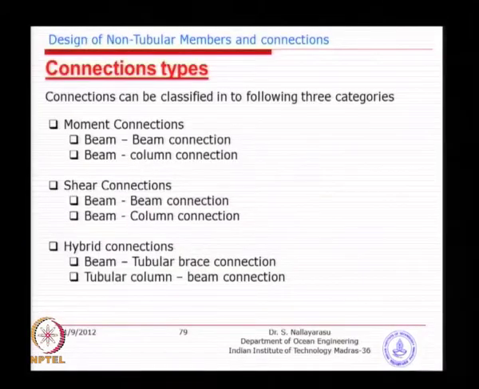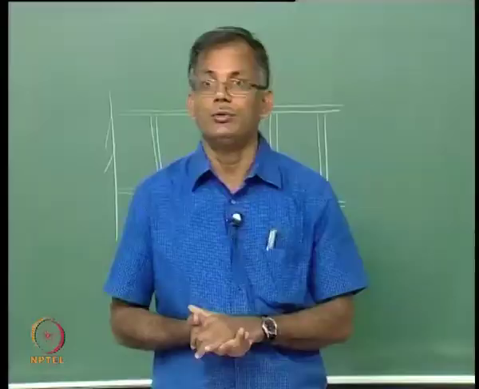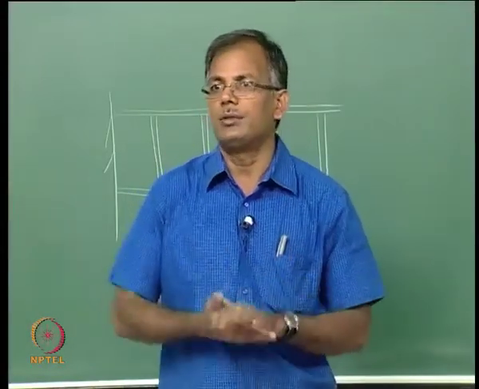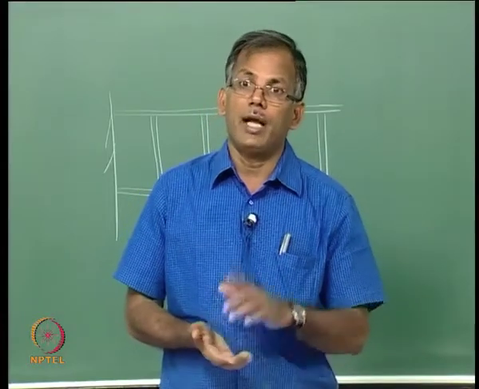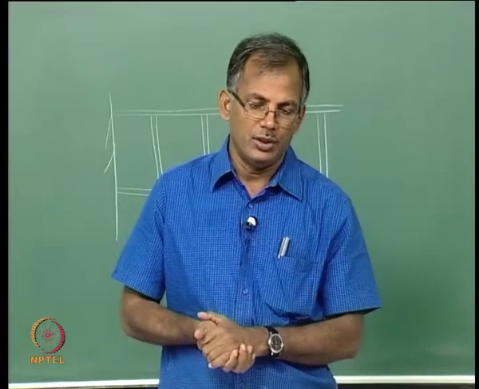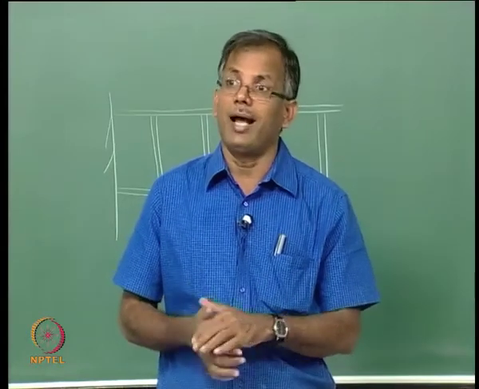So, there are several types of connections. One is the beam connections, the next one is the beam column connections, and then the hybrid connections, because since the superstructure we may have beams, girders or pipes, because sometimes we do use pipe sections for columns. So, when the beam is coming and trying to connect to the column, which can be an I beam, which also can be a tubular section. So, we just need to see how it can be connected and how the calculations can be made,